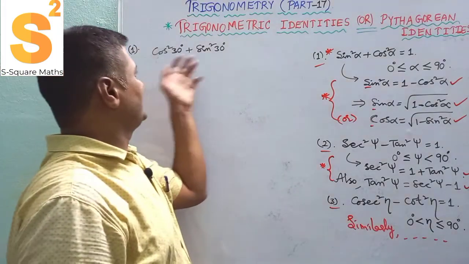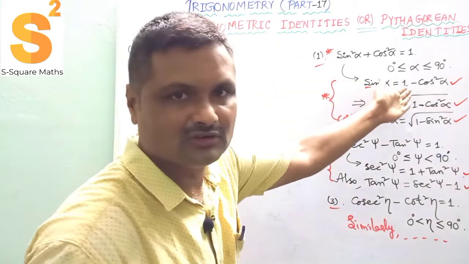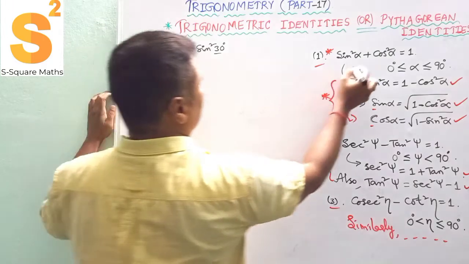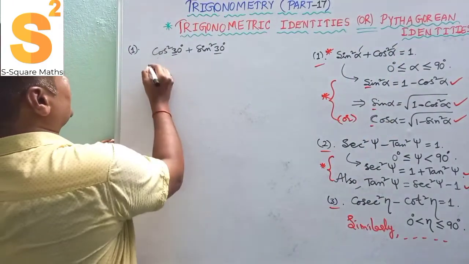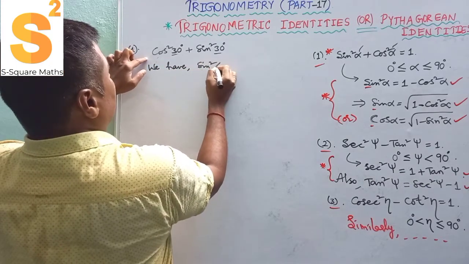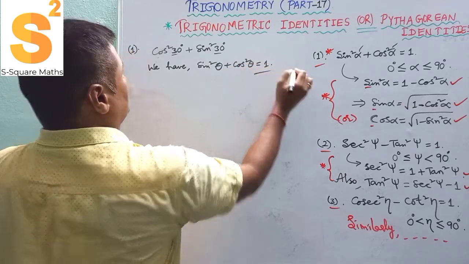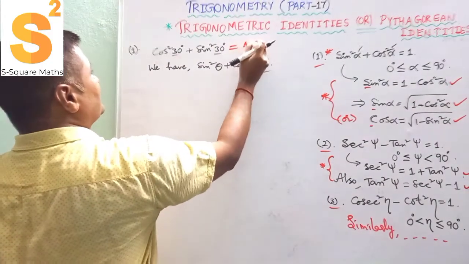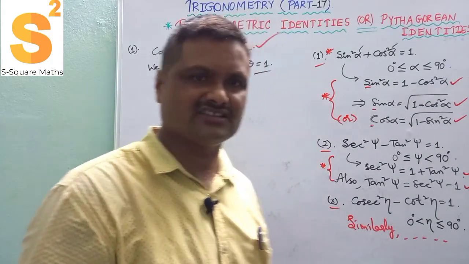So cos 30 and sin 30, putting the values, that is a long process. Just by seeing the question, you should be able to remember this one. In the place of 30 degrees and 30 degrees, you have the same alpha and alpha. So finally you can write 1. So we have sin square theta plus cos square theta is equal to 1. Hence within 2 or 3 seconds, you can directly write it is 1. So no need to go for the calculations.